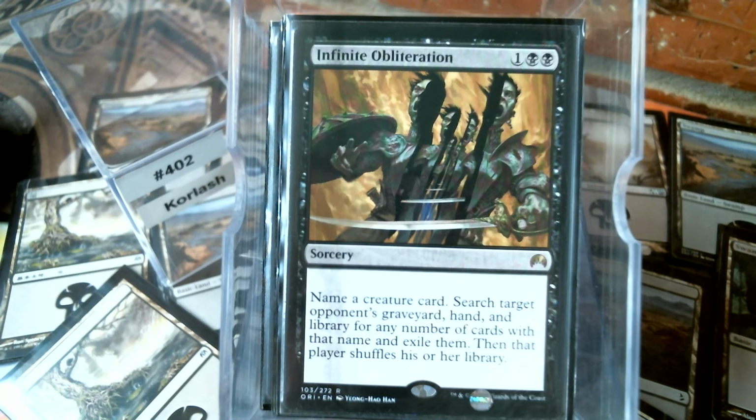Infinite Obliteration looks out of place. It does. I'm telling you, y'all are questioning my sanity right now. And, well, okay, probably have every reason to. But name a creature card. Search target opponent's graveyard, hand, library for any number of cards with that name and exile them. Now, let's face it,